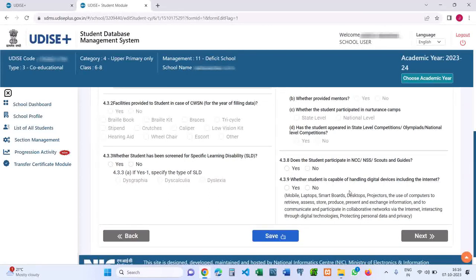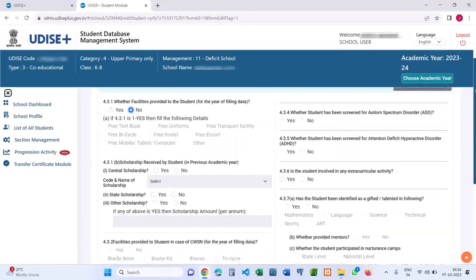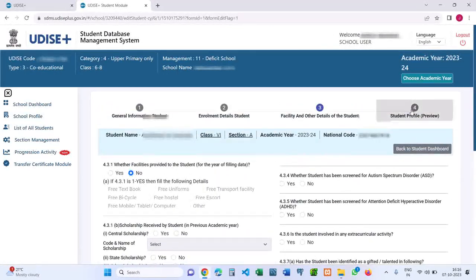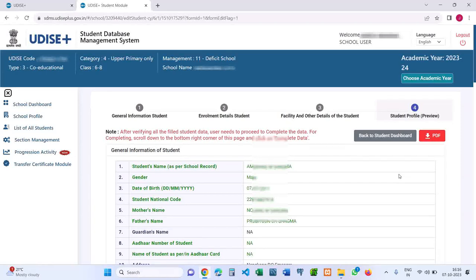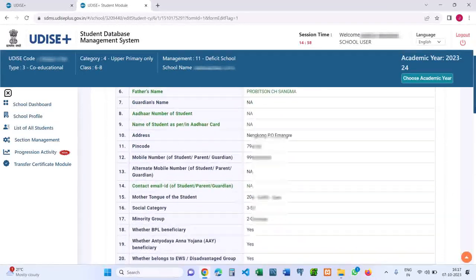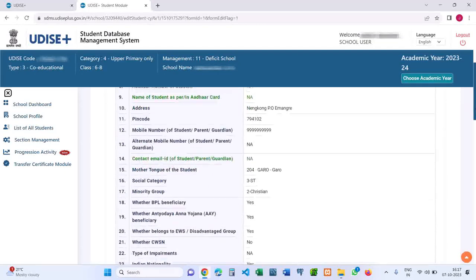Again, in this particular section, if all the information that you have filled is correct, checked, and verified, then you can click save. After clicking save, we will proceed to the last part, that is the summary data of the student profile that you have filled. In this profile, you'll check each and every detail. If the information is correct,